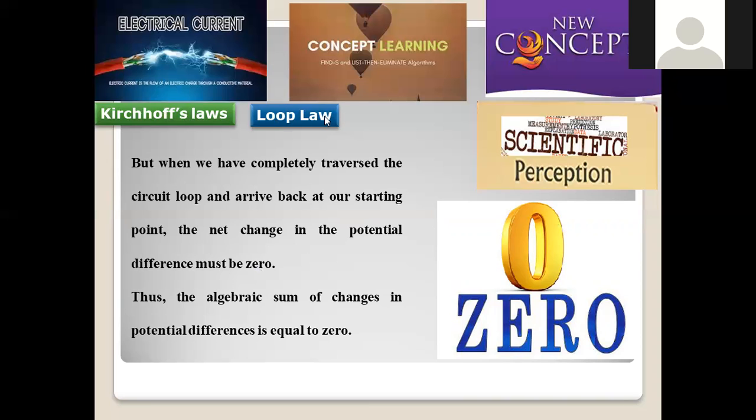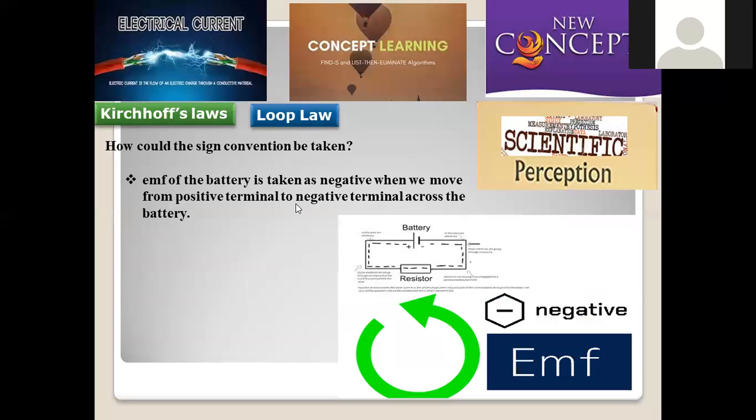To some extent the potential will decrease, and an equal extent will be gained also, because there is conservation of energy, neither lost nor gained. That's the reason why the potential difference in the entire circuit, the entire loop, will be taken as 0. In some region it may be raised, in some region it may be lowered. But ultimately, when we see the entire loop, the change in the potential difference will be taken as 0. This is denoted as the loop law.